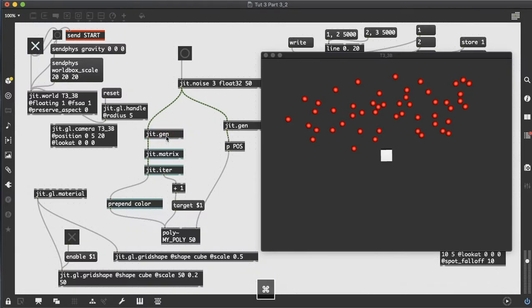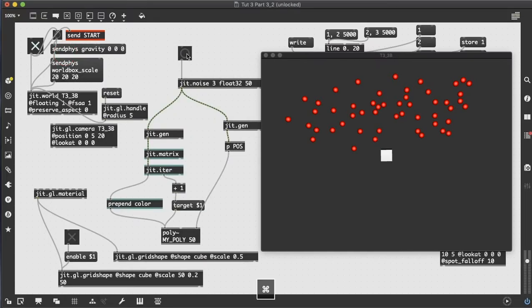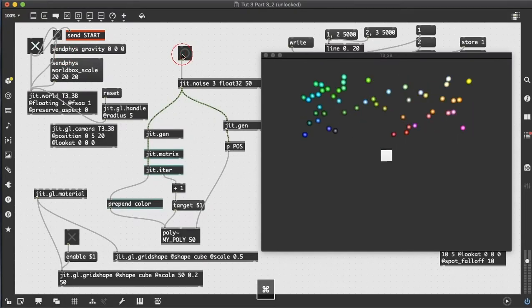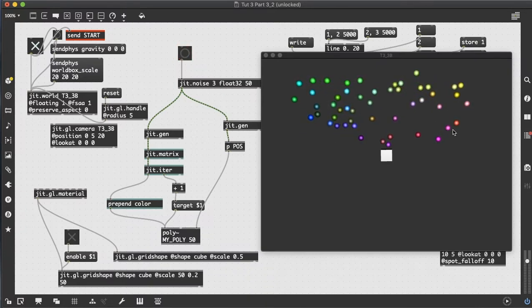So we can go into the jit.gen and we're going to have to think about it differently. We're not going to be biasing things around the center because that doesn't make sense with color. We're not going to be multiplying by big numbers like 50 and 5 or adding big numbers like 4 because that doesn't make sense with color either. So let's just, to start out, not do anything in the jit.gen and see a bunch of random colors. And we can see already they're organized because we're using the same random values to colorize them and change their